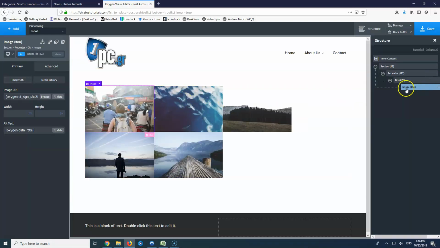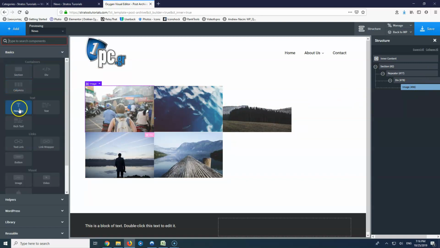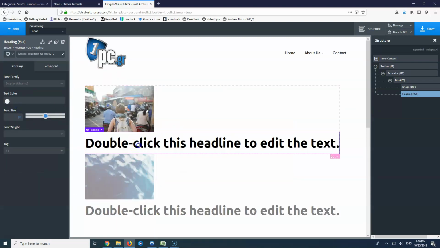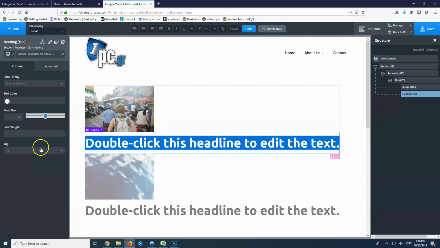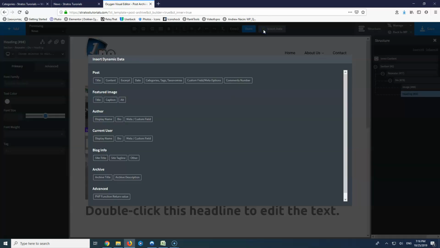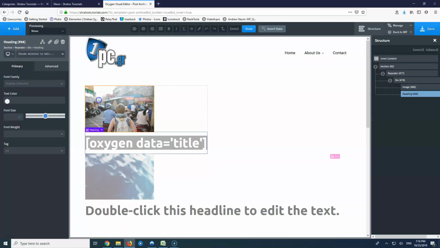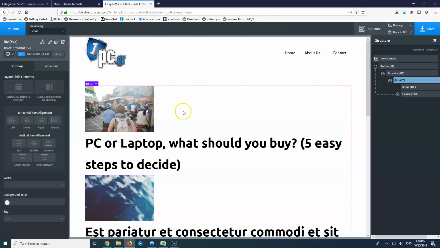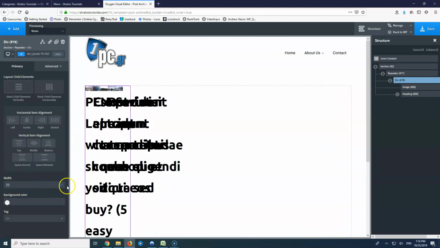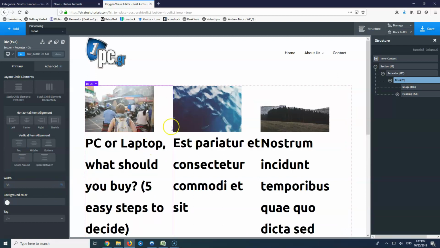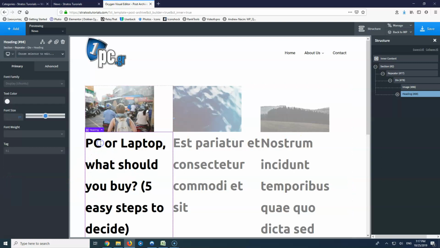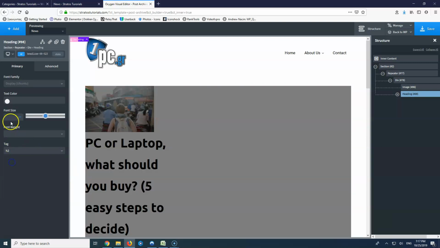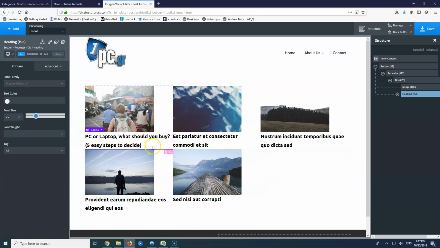Okay, and let's go and add after the image a text, a heading, which will be the title. And the title is, the winner is, okay, insert data, title, insert, click outside, and I want to give the div 33%, so I will have 3 posts in the same row. If I give 50%, I will have 2 posts in the same row. Let's go and add this, and let's go for H2 and 22